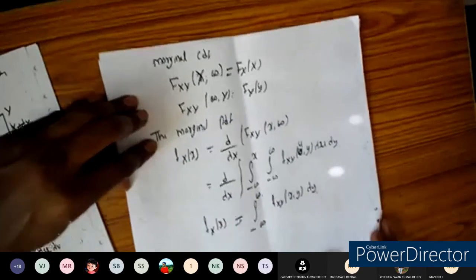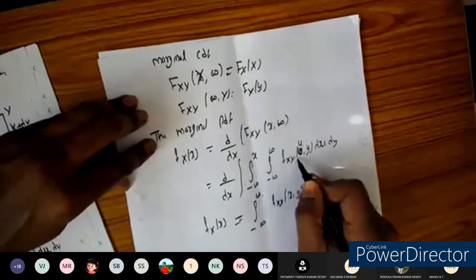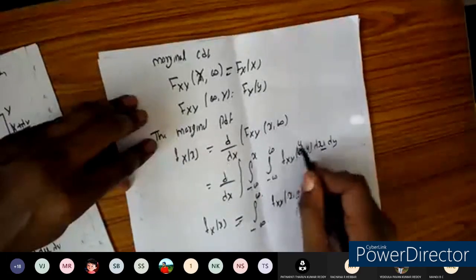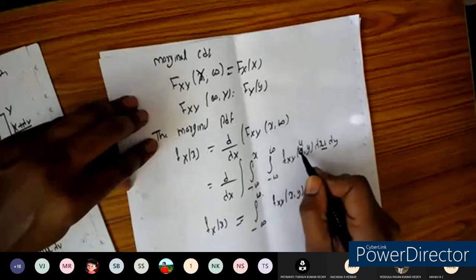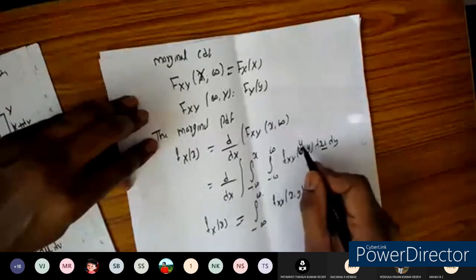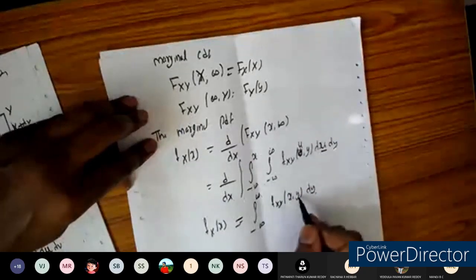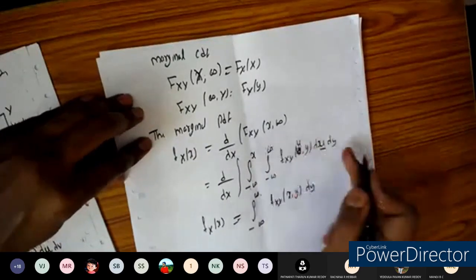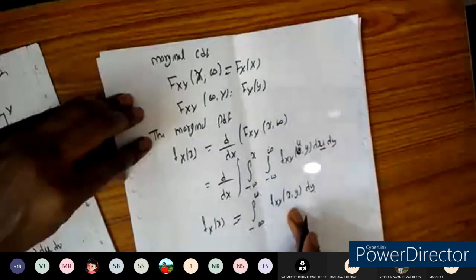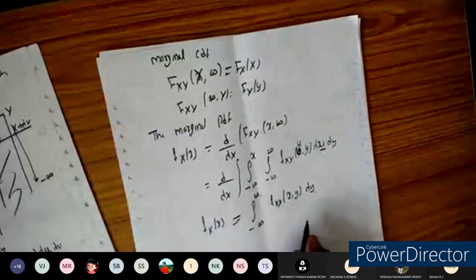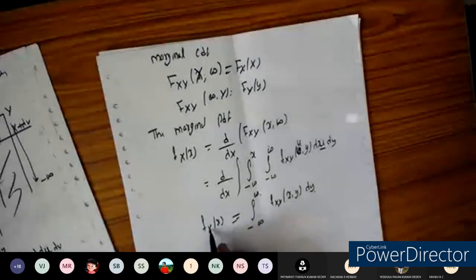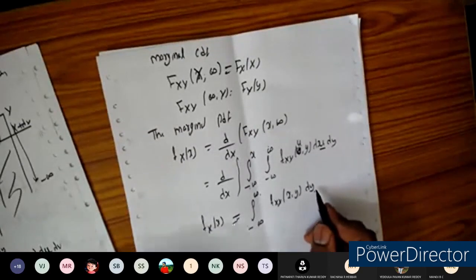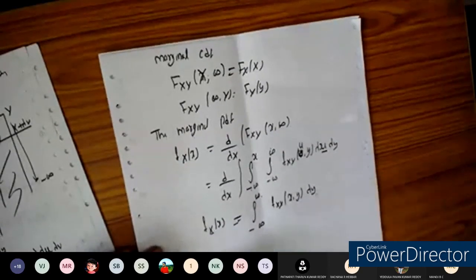Just a small correction here. If I integrate f_XY from minus infinity up to x with respect to du, I get f_XY(x, y), because I substitute the limit x. The remaining quantity is the integral from minus infinity to plus infinity with respect to dy. So we can say the marginal PDF can be obtained by integrating the bivariate PDF with respect to dy. For x, I need to integrate with respect to dy. So similarly for